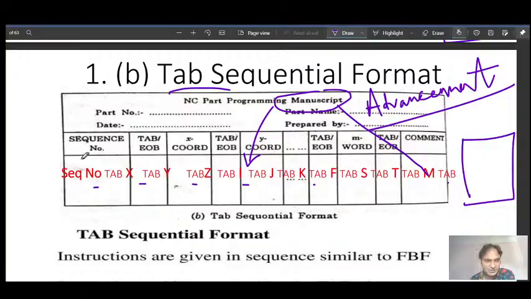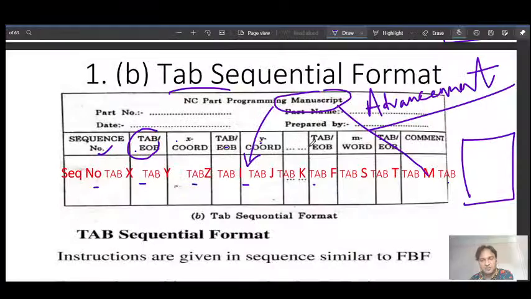Here we again have the block of instruction. So here: sequence number, tab or end of block, then x coordinate, tab or end of block, y coordinate, tab, end of block, like this it goes on. For every instruction we need to write a tab. So the sequence number we will write here, say sequence number 0050, then you write a tab, then a space.